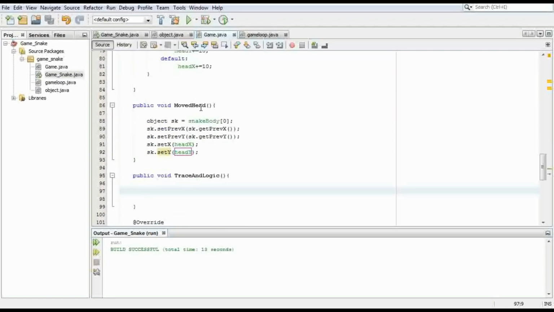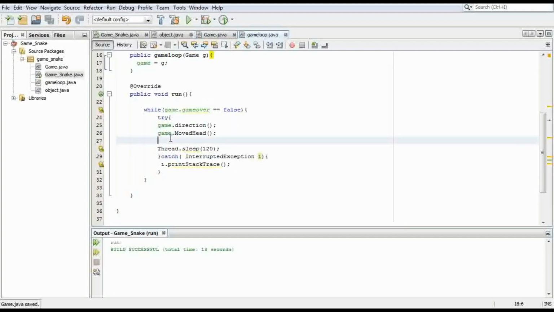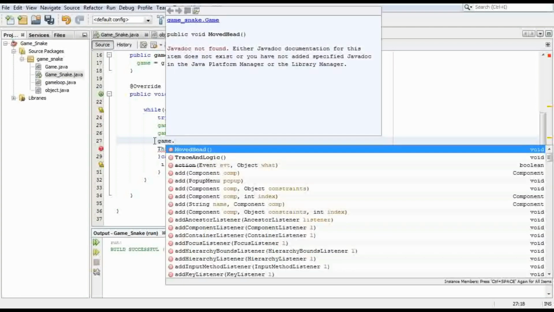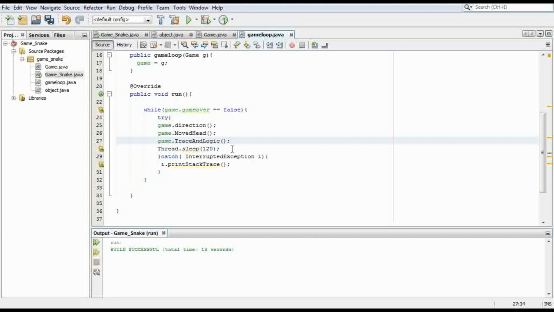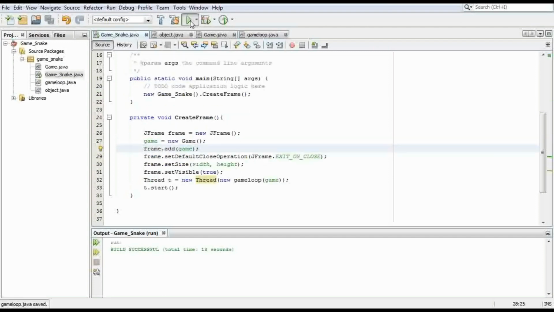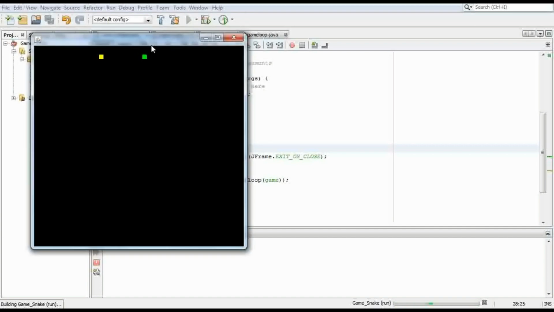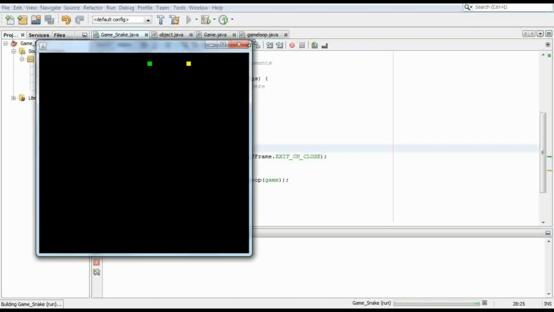We are going to keep direction and move head separate, but what we're going to add in trace logic is just the repaint function. That will be used to change the locations. Okay, so you see, right,